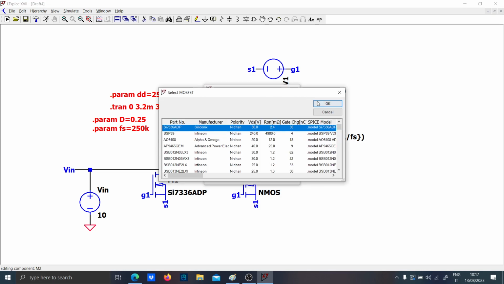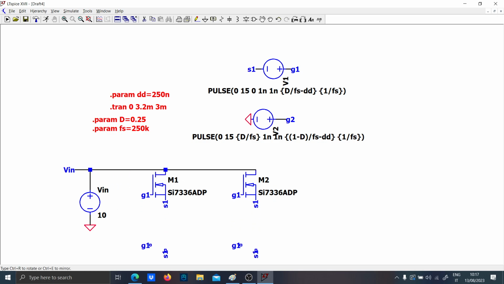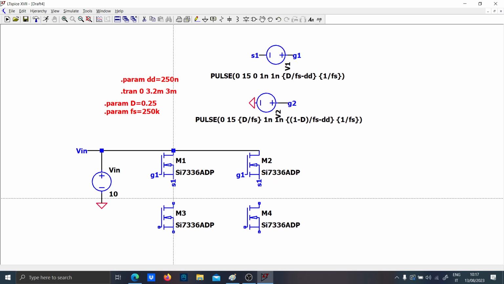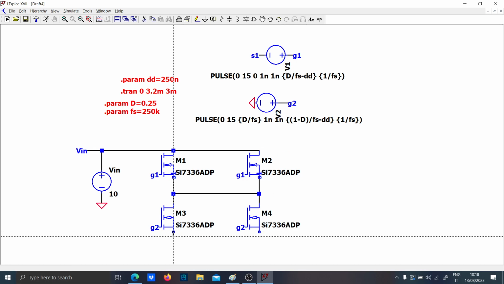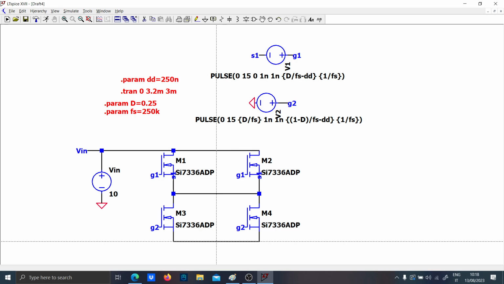Let us pick the first MOSFET on the list. And let's use the other gate, G2. So now we have the 4 MOSFETs in parallel, and let us put the inductor here, of 4.7 micro, and